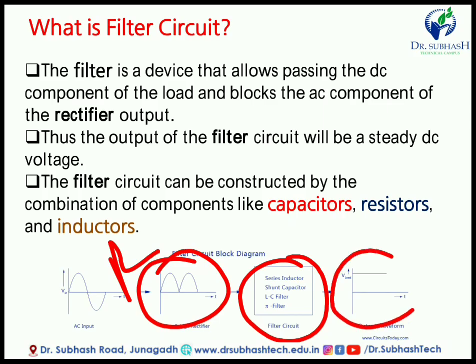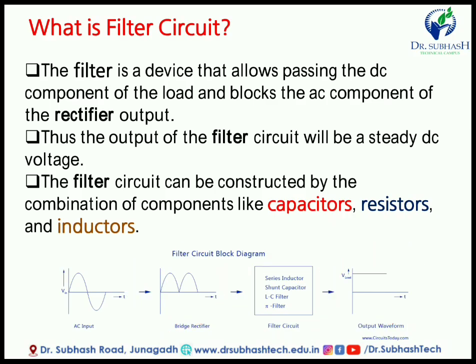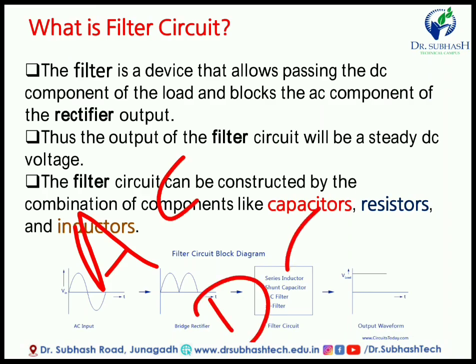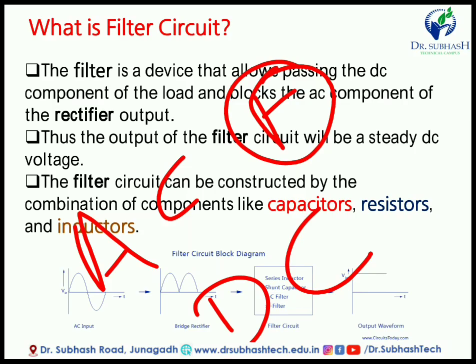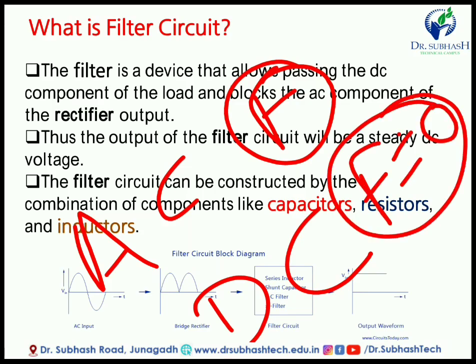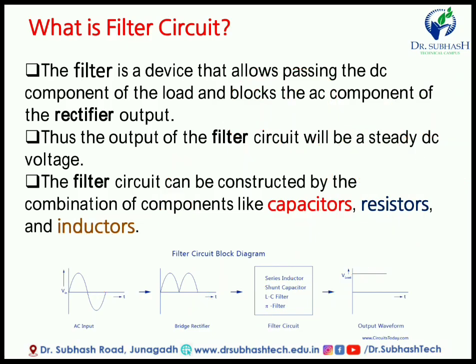The waveform of pure DC is like this. The straight line indicates there is no frequency in DC. The basic difference between AC and DC is that if there is some frequency, then it is called an AC signal. If the frequency is equal to 0, then it becomes DC, a straight line. So here we can simply say that a rectifier is a circuit that converts a signal with some frequency to a zero frequency signal.